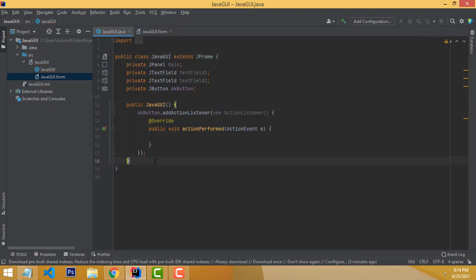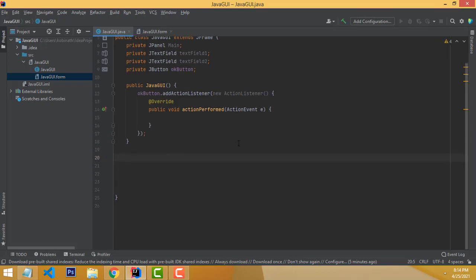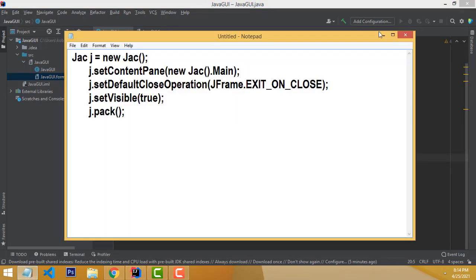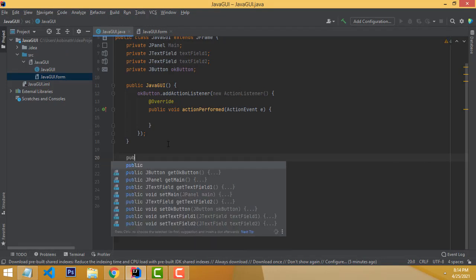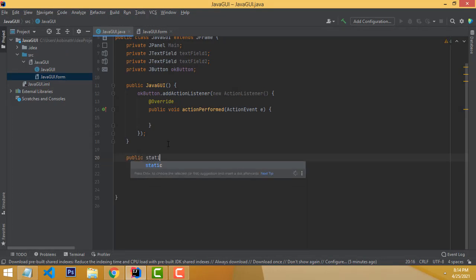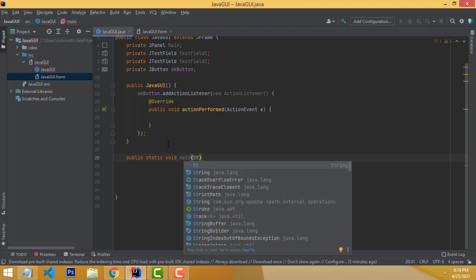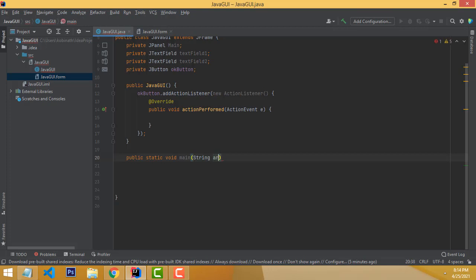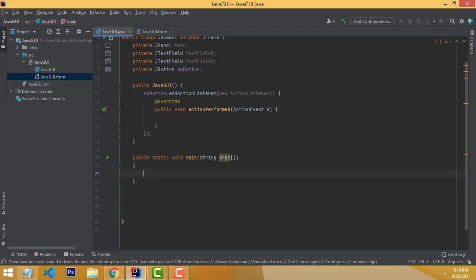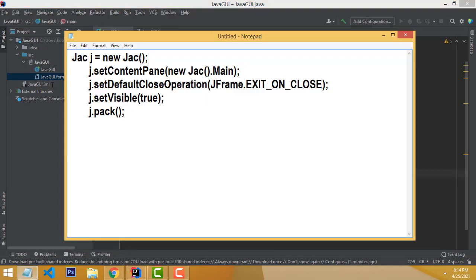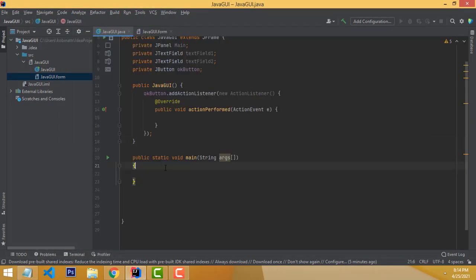However, what I am going to do here is write the main method. I haven't written the main method here. So without wasting time, I have to write it here. Public static void main, String args. You have to write the same thing: Control C to copy, Control V to paste here. You have to change it.